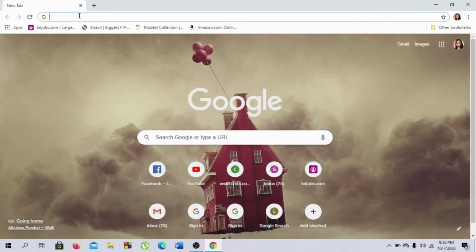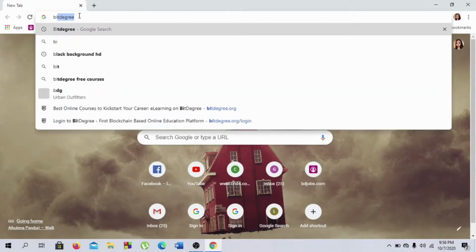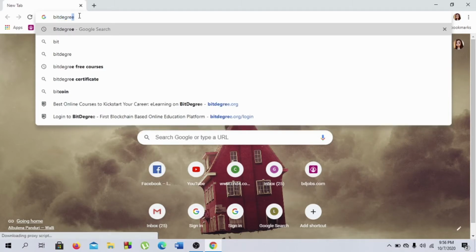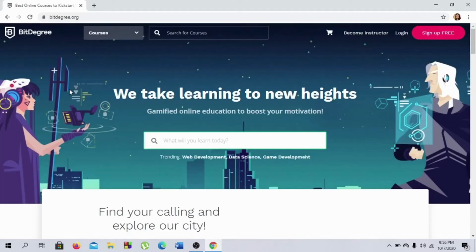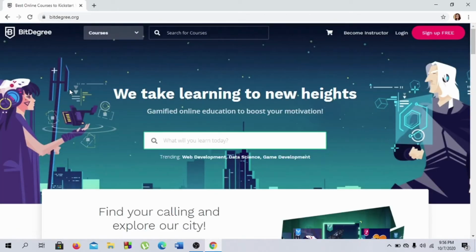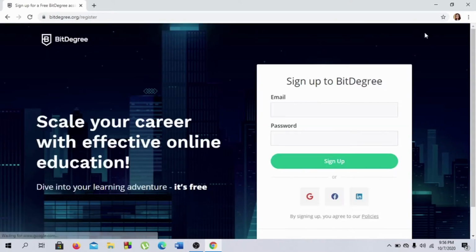First you have to search BitDegree, and just click on this. To enter this site you have to sign up first, so click on sign up free. Here you have to use your email ID and password. Let me do it.